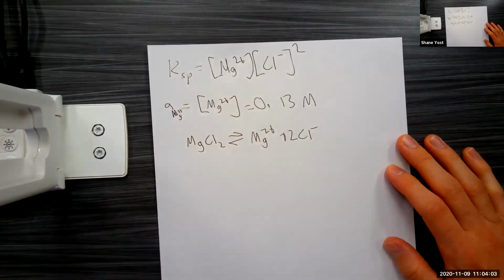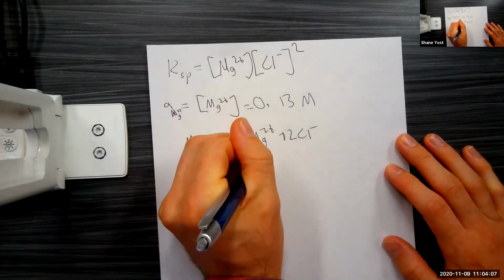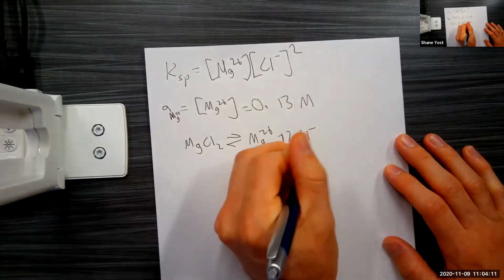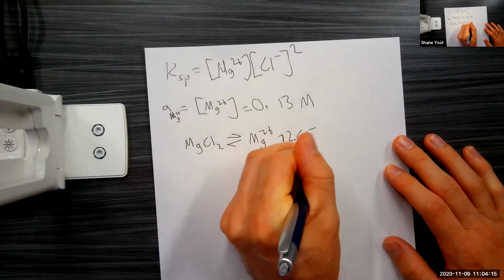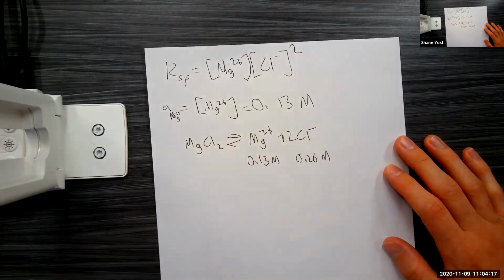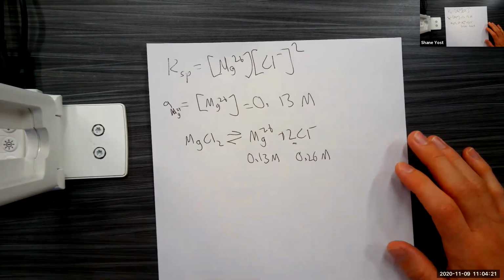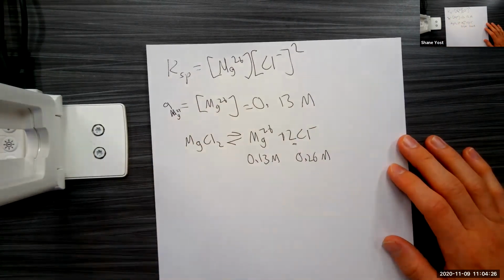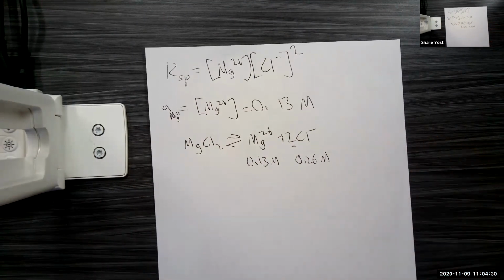And so if in this process I get an effective concentration of 0.13 molar here, that means the effective concentration of Cl minus has to be 0.26 molar, just twice that because the stoichiometric coefficient is 2 here. So then I just plug that into the KSP expression above and get a numerical value. That hopefully is the value